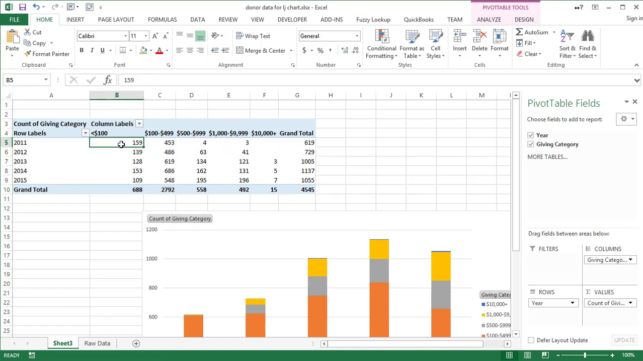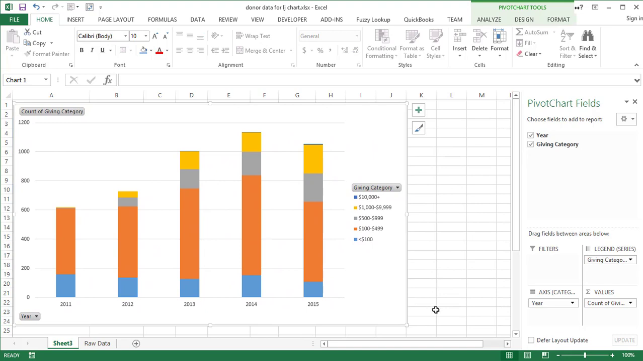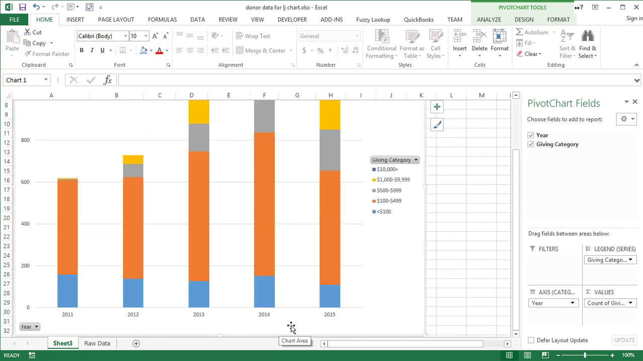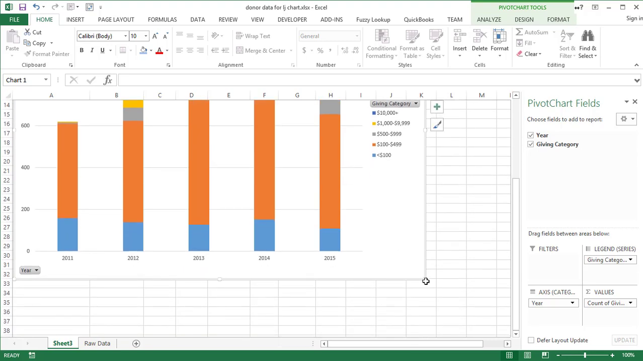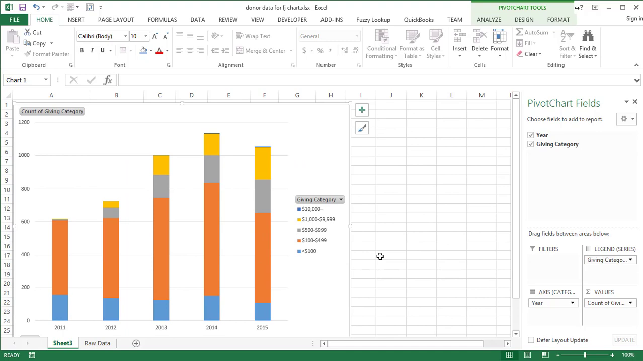There we go. 100, 100 to 4, 500, 500, 1,000, 10,000. Looks like I got the right order now. I can kind of cover that up since I won't need it much anymore. And I went too far with resizing my chart, so I'll pull that back up so we can see it on the screen. Obviously, if you're working on a larger screen than what I'm working with, you can make that a much bigger